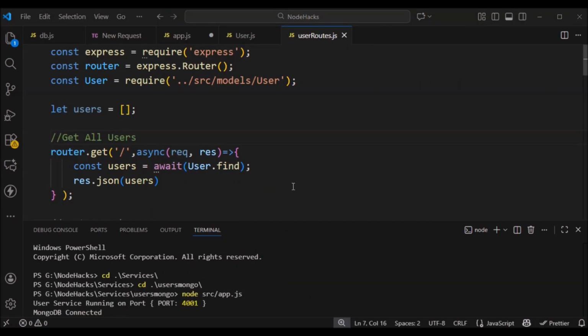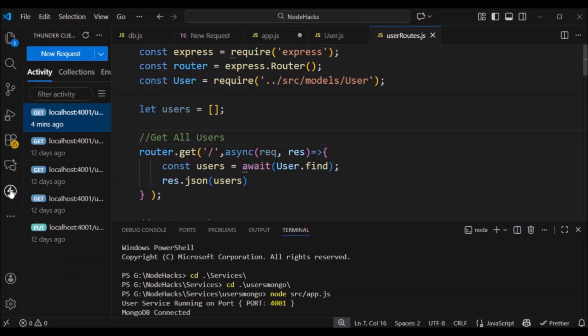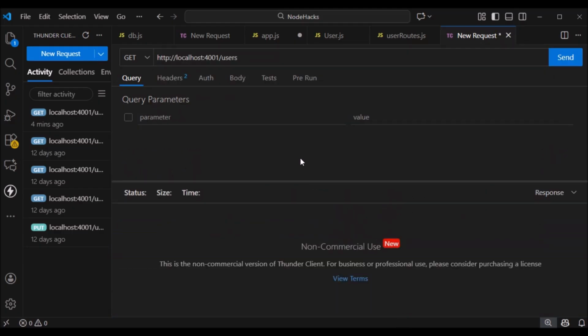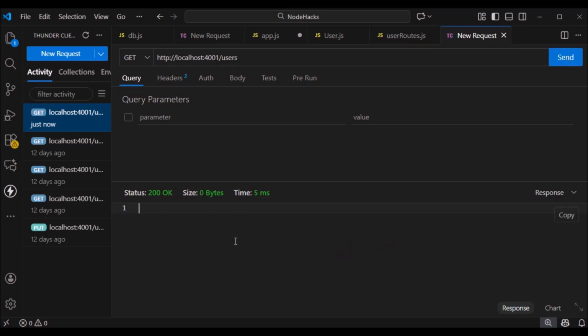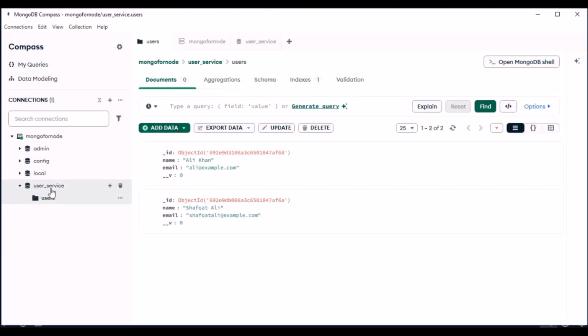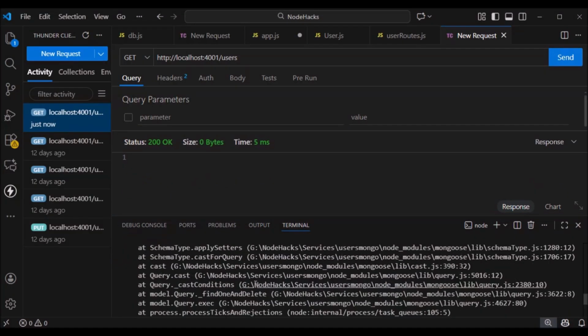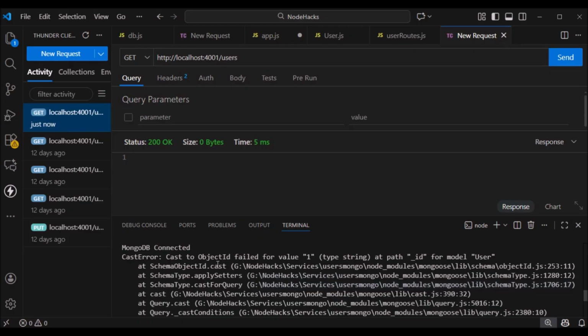Now viewers, this is the time to test the running microservice through Thunder Client API testing tool. Open it and create new request. And try it for get all users by putting endpoint URL and get command. But viewers, you can see that there is no user loaded. And if we go in the terminal console, there is an error as cast to ObjectId failed for value